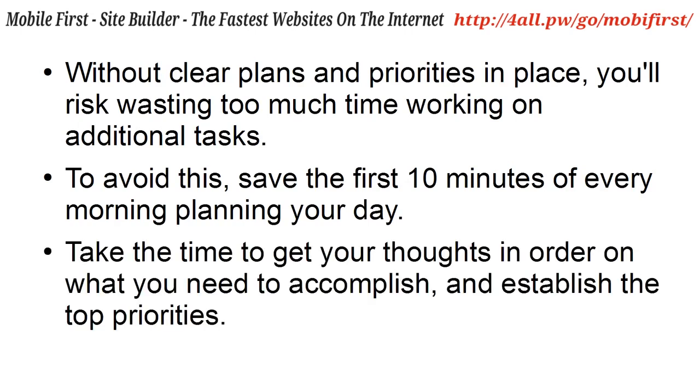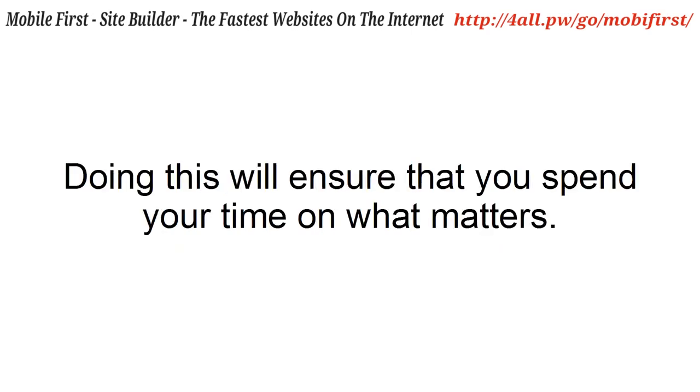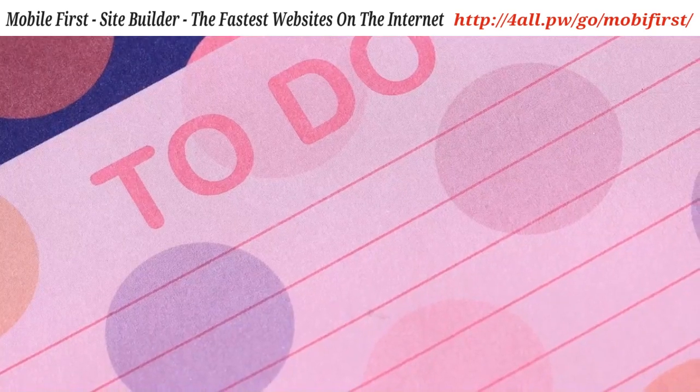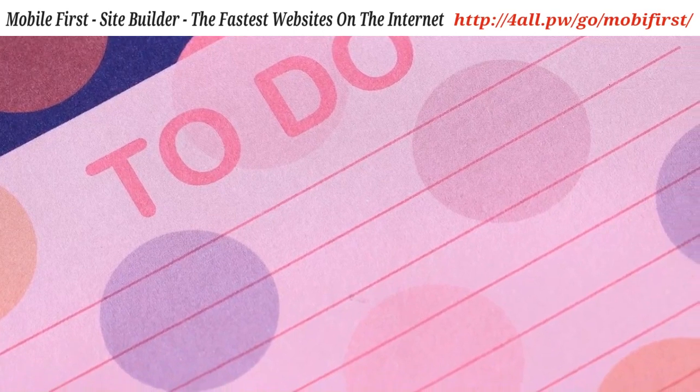Take the time to get your thoughts in order on what you need to accomplish and establish the top priorities. Doing this will ensure that you spend your time on what matters. Keep a to-do list. Whether you're a fan of to-do lists or not, you should always keep one when you're